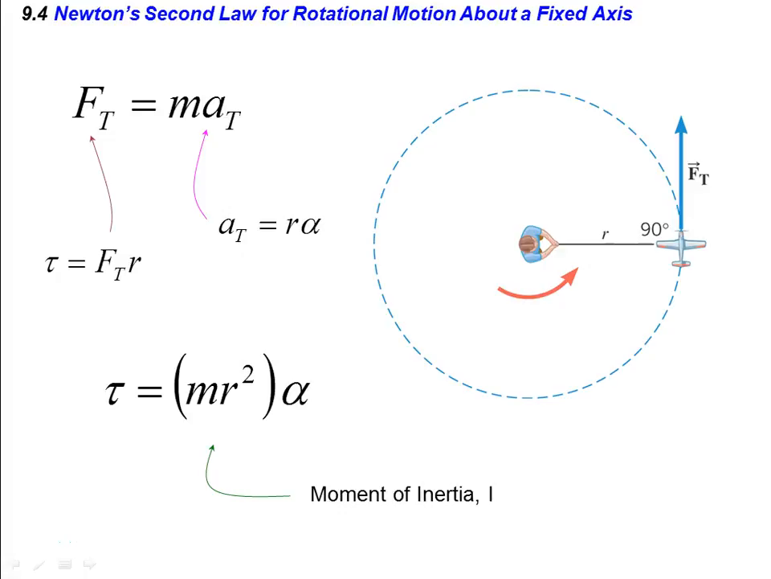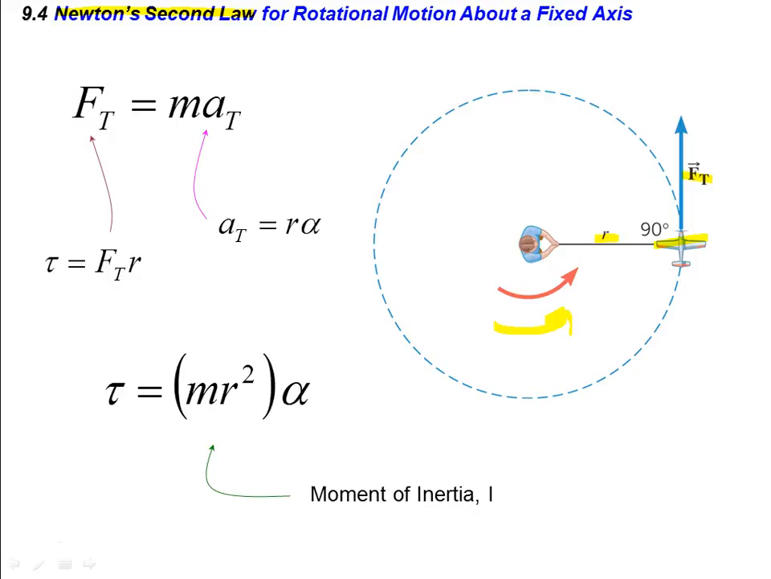In this video, we're going to start to look at how Newton's second law applies to rotational motion. To do that, let's look at an example where we have a toy plane going in a circular direction at some radius r. Let's say we're accelerating, so there is going to be some angular acceleration, alpha. And as this plane is going around the circle, there's going to be some tangential acceleration, which means there's a